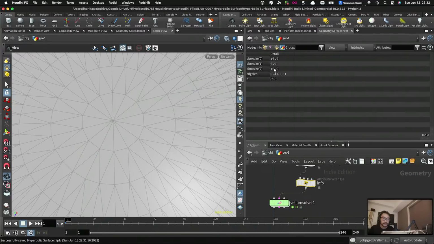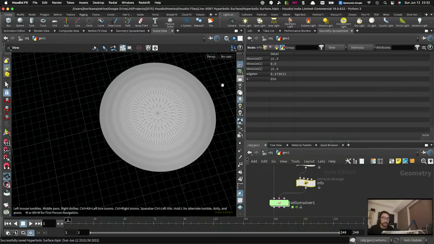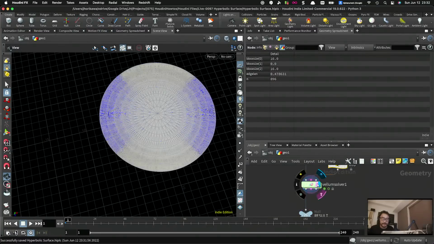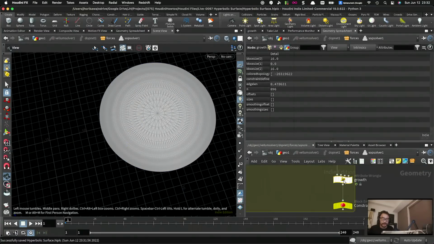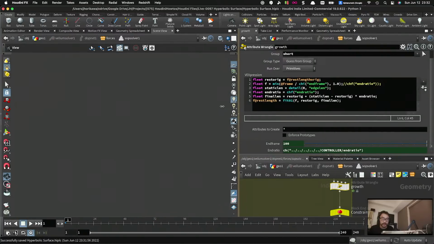So this is the bounding box size, which should correspond to the total radius of this disk. Right now the diameter is equal to 16, so the radius is 16 divided by 2, 8. And we have 8 layers, and each length is equal to 1, which makes sense. Right. Going back to the growth,